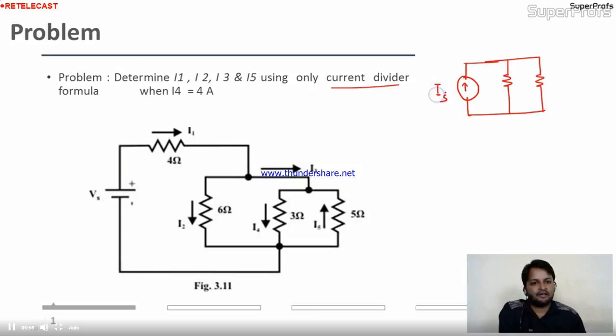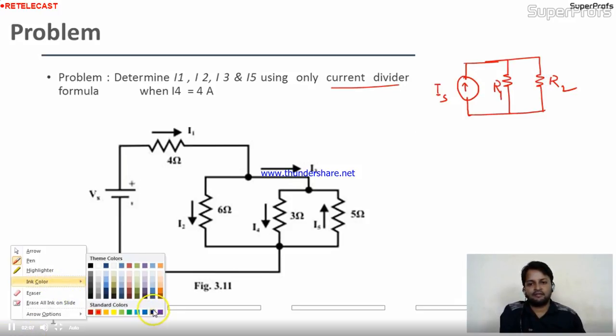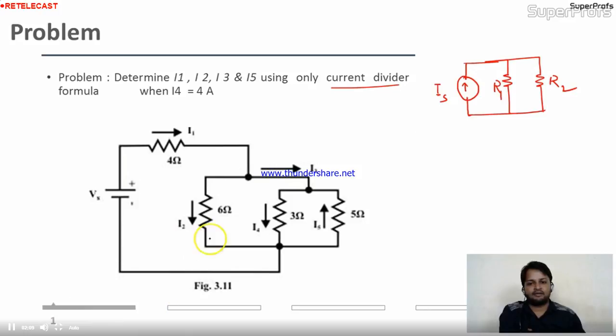If this is IS, this is R1, this is R2. Again I am recalling this for you people. See, the current I1 is going into R1, the current I2 is going into R2. Now, according to the current division rule, the value of this I1 will be the source current